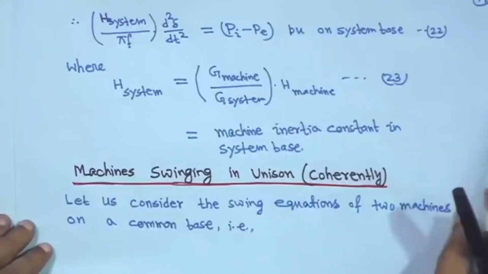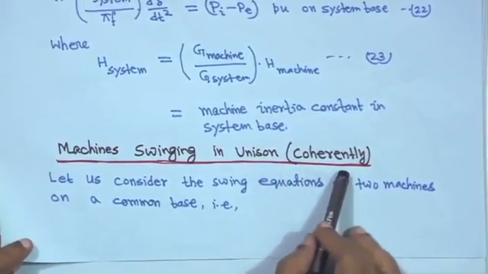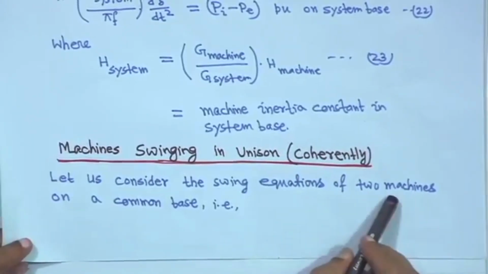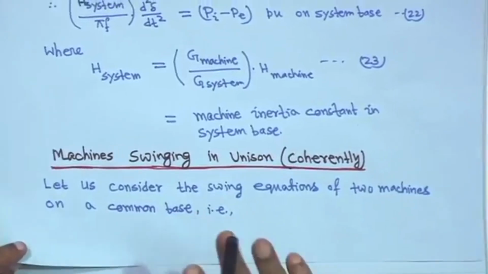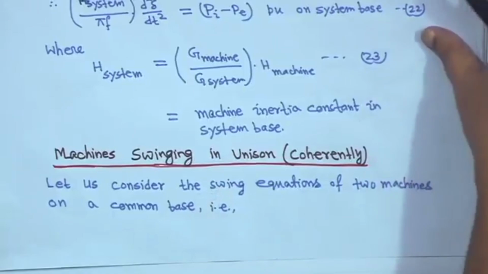So, now the machines are actually swinging in unison, that is coherently, I told you. So, let us consider the swing equations of two machines on a common base. We will consider only the two machine case. So, for the first one